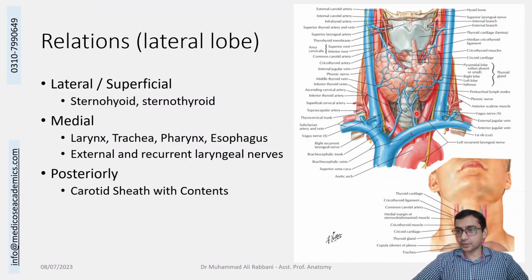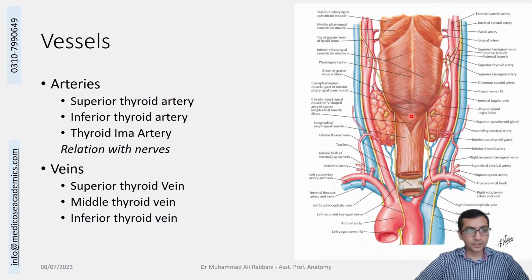There are paired inferior thyroid veins, and they are different from the thyroid ima artery in that the thyroid ima artery is a very rare, single artery, not always present, but the inferior thyroid veins are very constant, and both go constantly into the brachiocephalic vein. So this is about the thyroid gland and